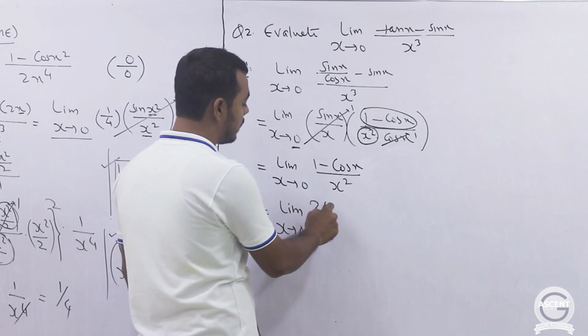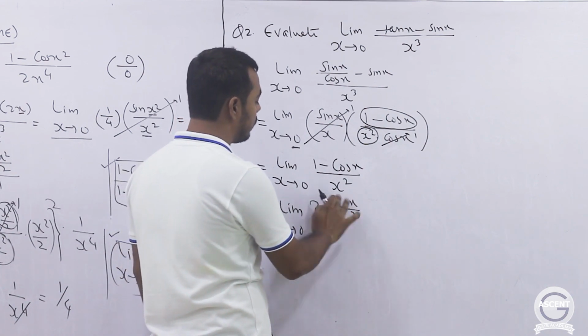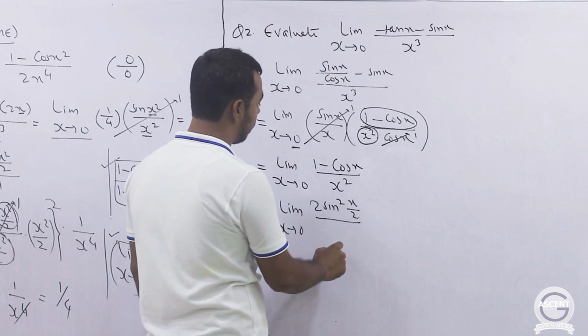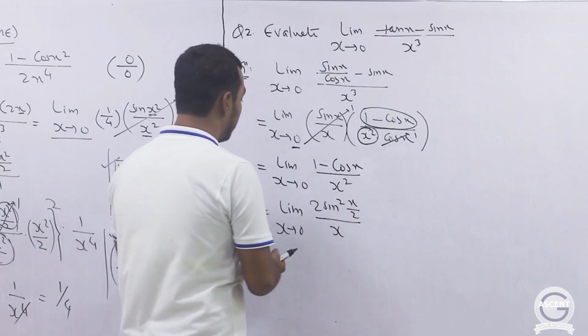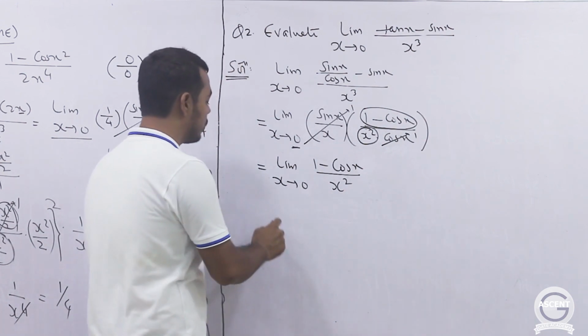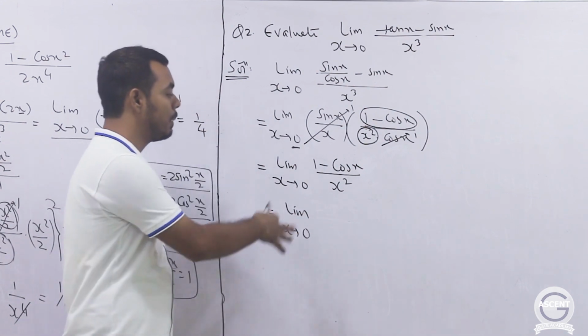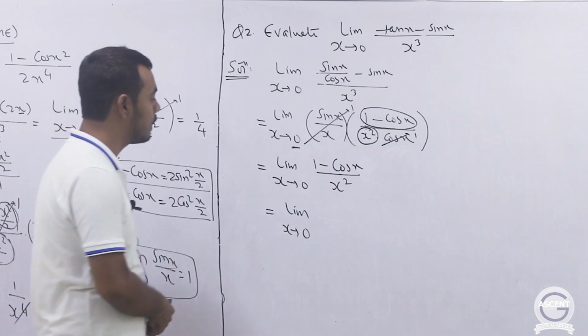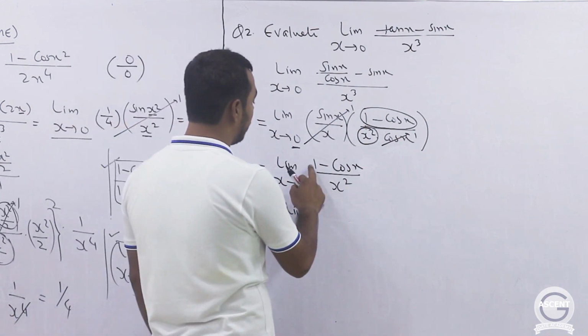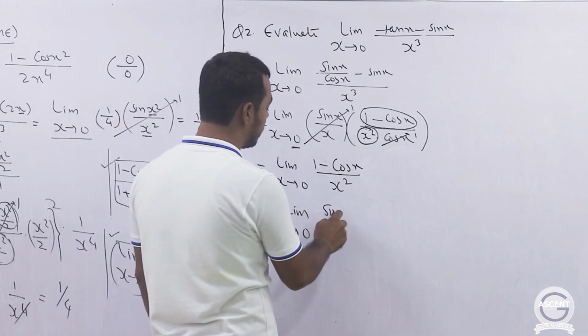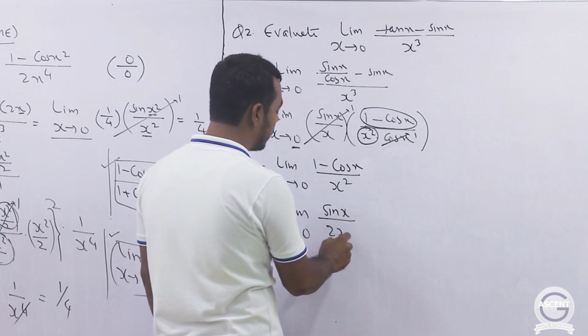1 minus cos x will be 2 sin square x by 2, and this divided by x square. Maybe after this step it will be better to use L'Hopital rule. You can use the trigonometric identity also, but using L'Hopital rule you can see the answer in a single step. If I apply L'Hopital rule, derivative of minus cos x will be sin x, derivative of x square will be